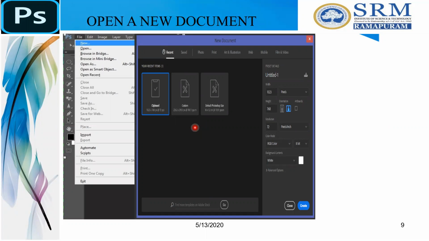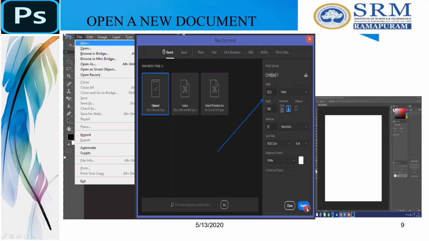You can choose it from there, or you can give it manually through the fields given here. Let me choose this, and then I'll click Create. Now this is how the new document opens.